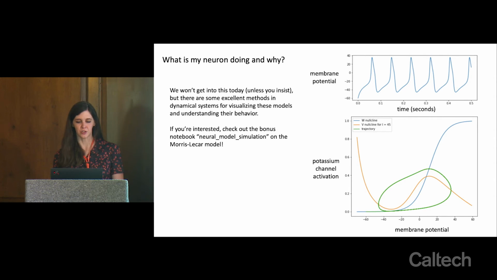So in addition to just plotting how the membrane potential is evolving over time, you can plot the membrane potential across the activations of different ion channels. In the notebook that you guys will have access to this afternoon, I'll provide you with the code for simulating not the Hodgkin-Huxley model, but the Morris-Lecar model, which is a simplification of Hodgkin-Huxley that only has 2 parameters. If you have just these 2 parameters, then you can look at how they evolve over time, and you can analyze a phase portrait of their dynamics.